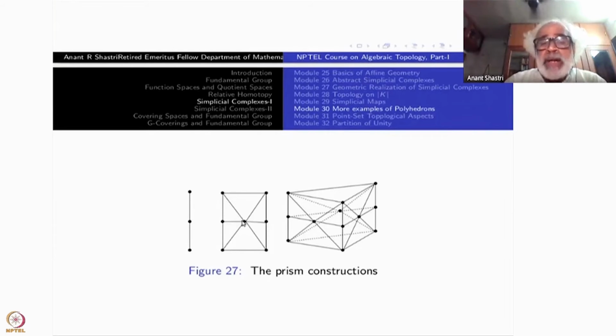As soon as you have extra vertex, join it to all the vertices in the boundary. Join it. If this is simplex, declare this as simplex. If this is simplex, declare it simplex. Namely, this is the cone construction. Do the same thing for delta 2 also. So this is delta 2. There are two simplex.